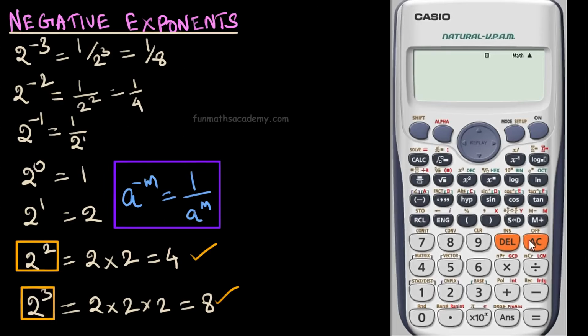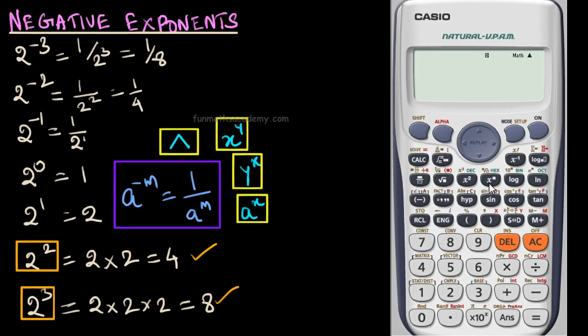To find higher powers, we need to press the number first and then press the power key. The power key is right here in this calculator, but in some calculators it will be given like this caret sign. This same sign will be used in computer programming too. When using this, the next number we press will be considered as the index. The power key can also be of the form x power y, or a power x in some calculators. So, to find 2 power 0, press 2, then press the power key and then press 0 and the equal to sign. We get the answer, that is 1.